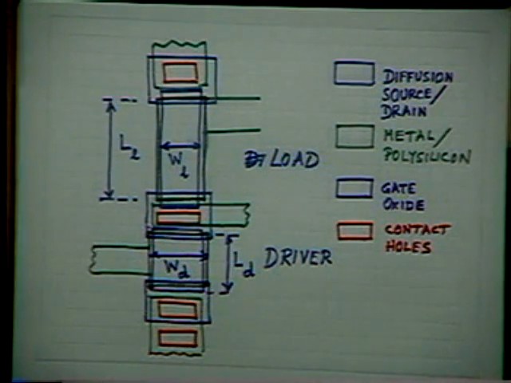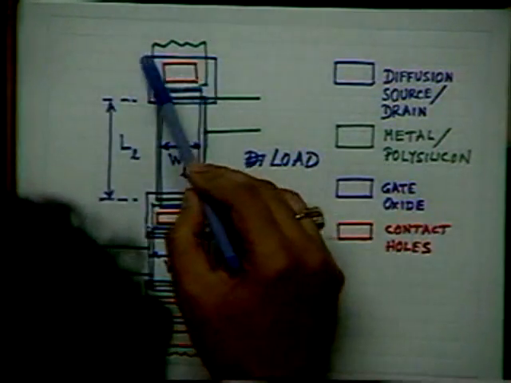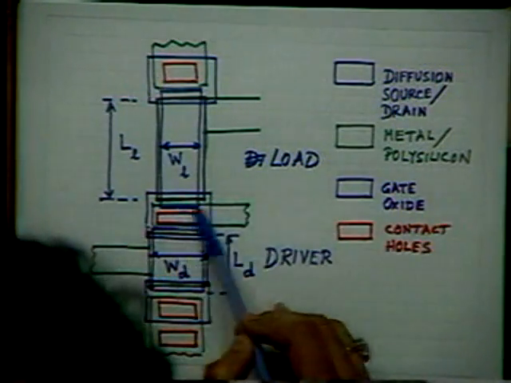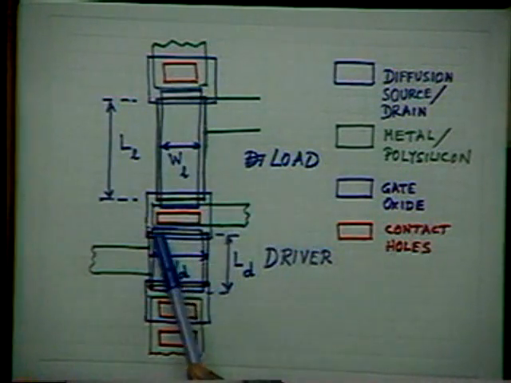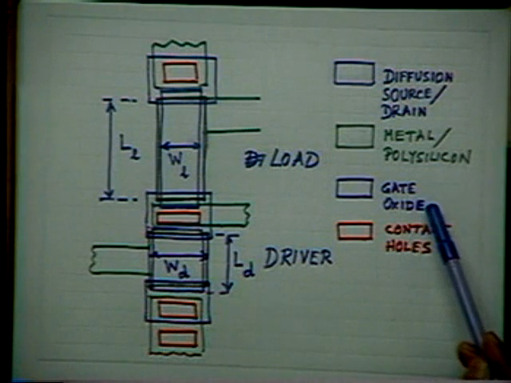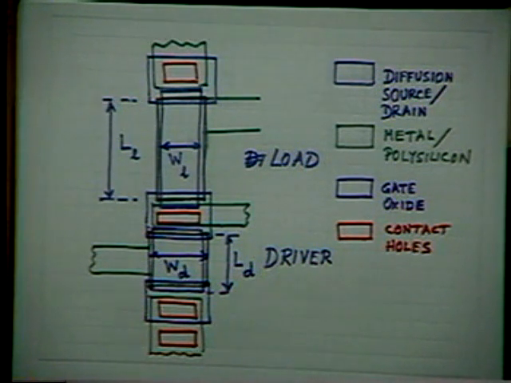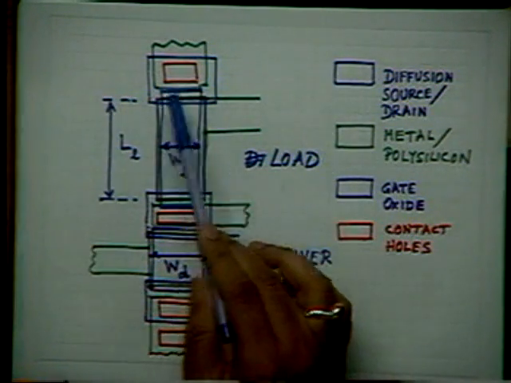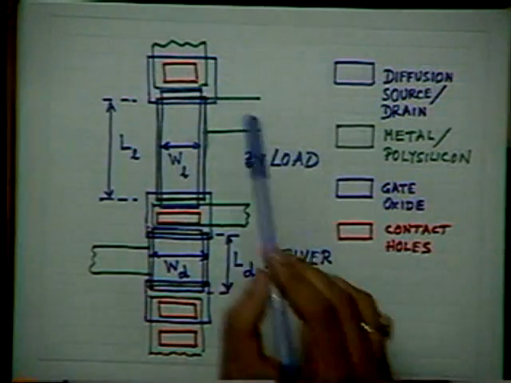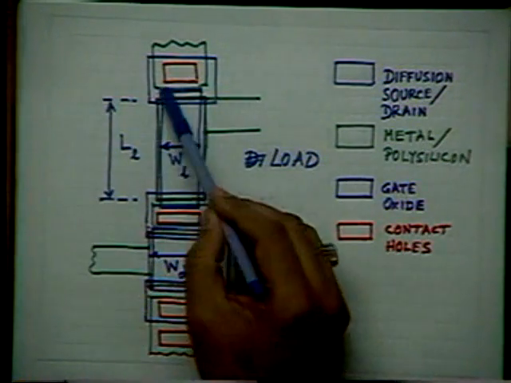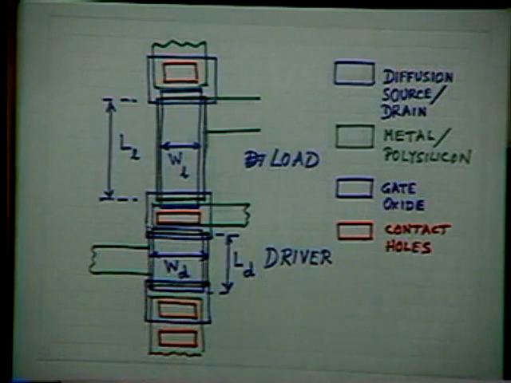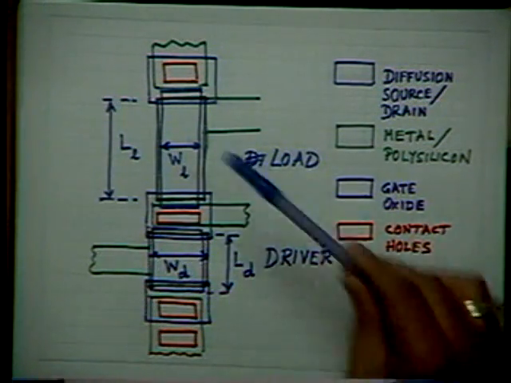So carefully study the diagram. This violet color, I don't think this color has come that well. Please remember this is blue and this one is gate oxide, the violet color. So this rectangle and this rectangle shown by violet color represent ultra thin gate oxide. So it is clear, even if the color does not come properly, it does not matter. You see that these three rectangles are for source drain diffusions, whereas this rectangle and this rectangle represent a